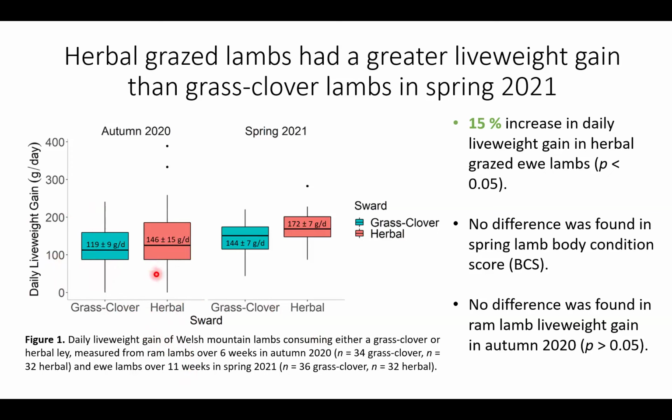Basically, what we saw is that these are Welsh Mountain lambs, they're not a lowland breed, so for them to put on this much weight was actually quite impressive. There was slightly more, but statistically there wasn't any difference between the grass clover and the herbal ley. But the big difference we saw was a 15% increase in daily live weight gains in our herbal ewe lambs